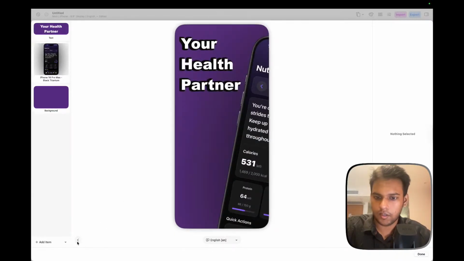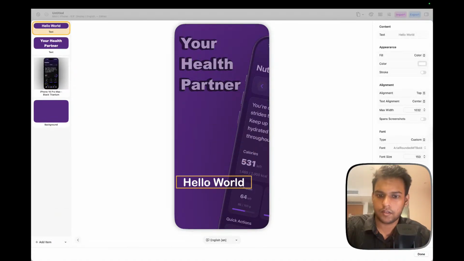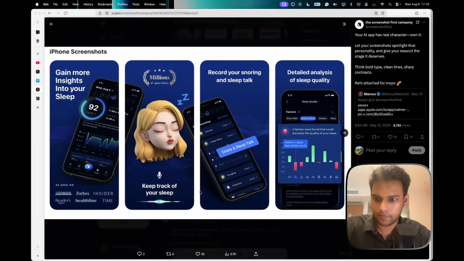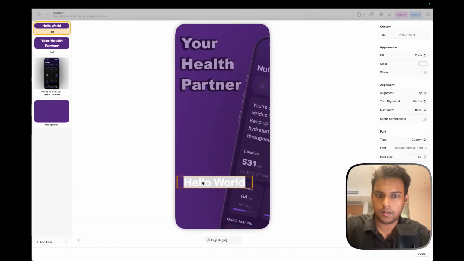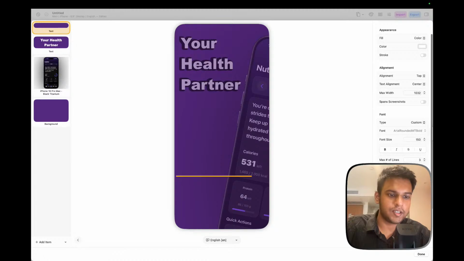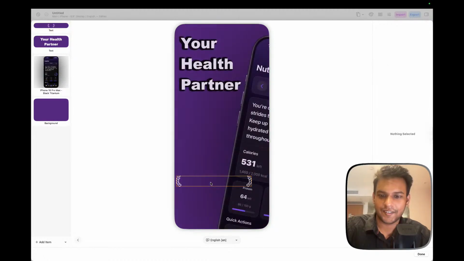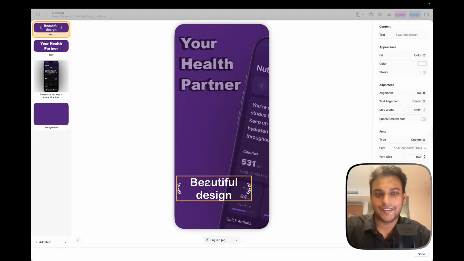If I go to the screenshot and have a text that says... My idea was to use the fake laurels, and just have the text here saying something like beautiful design, which does not make sense.